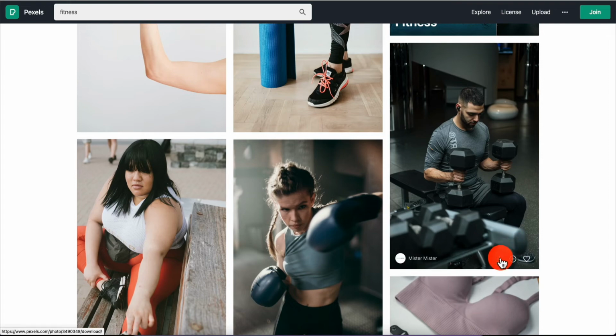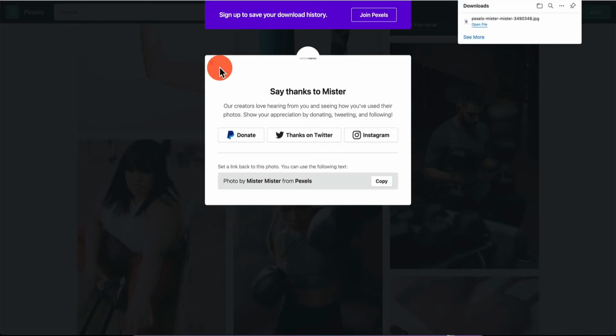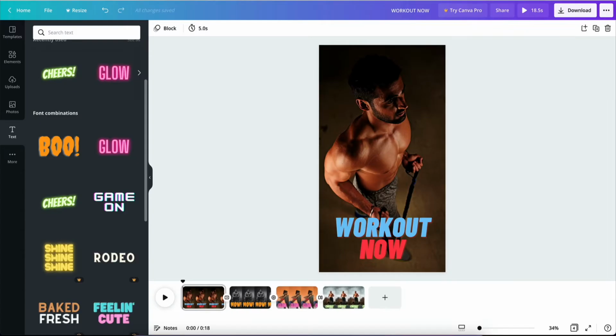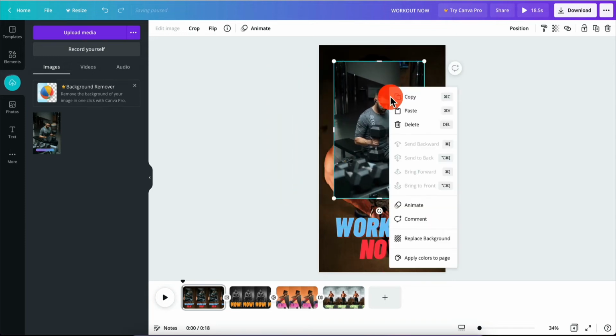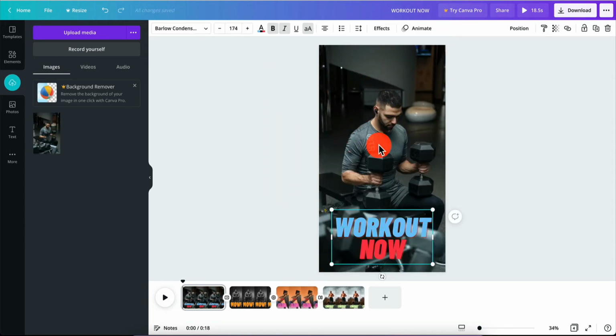So let me show you how it works. I can just click it here. There we go. Now it downloaded. And I can go back here, and I can drag and drop it from my computer onto the screen. And so there you go. Now I can right click and say replace background. So now we have a new image fully set perfectly as the background, and it retains the same animation,